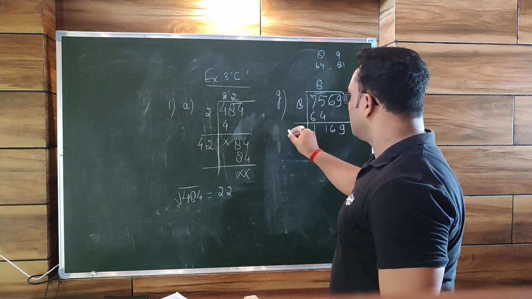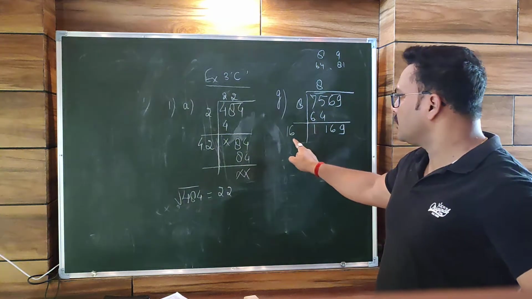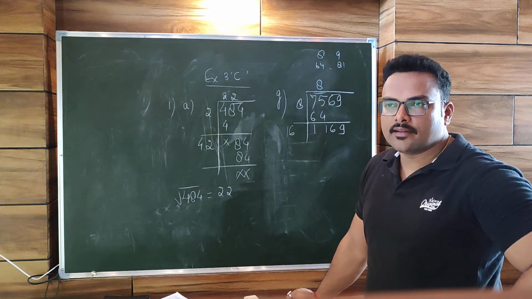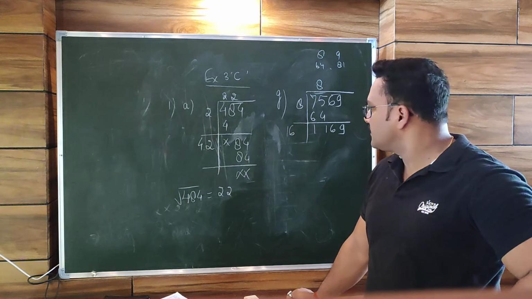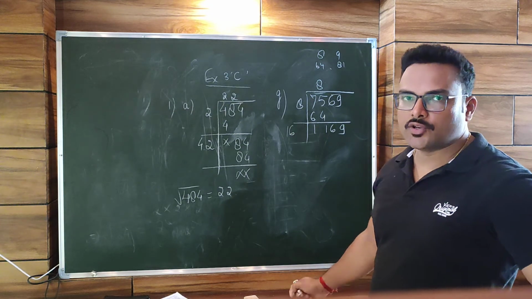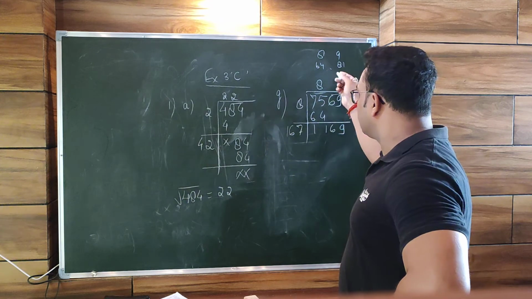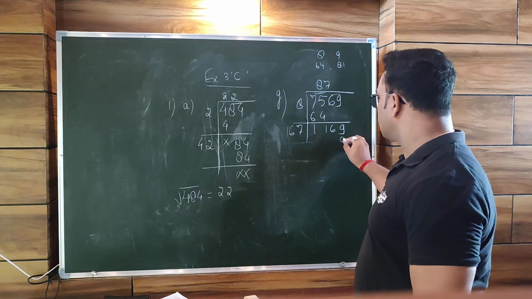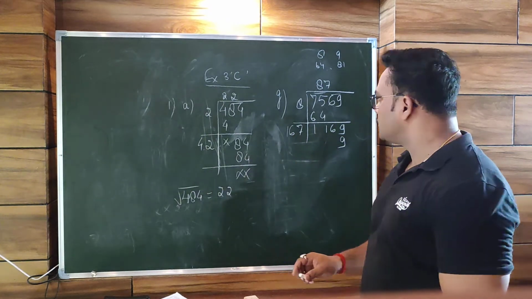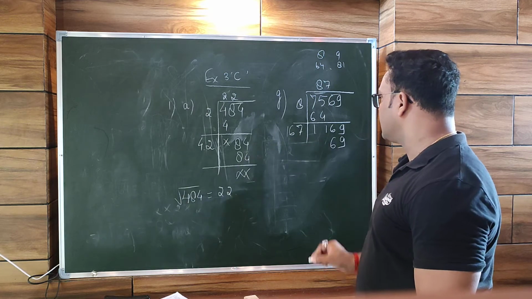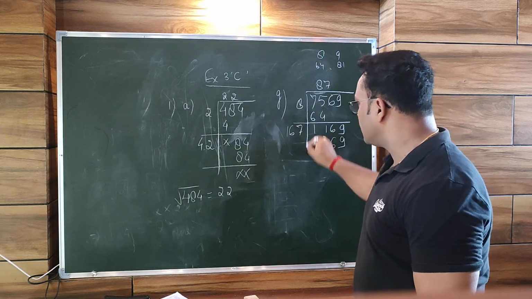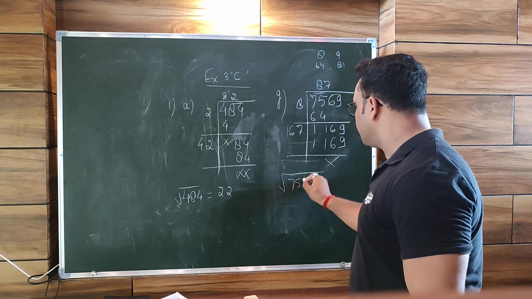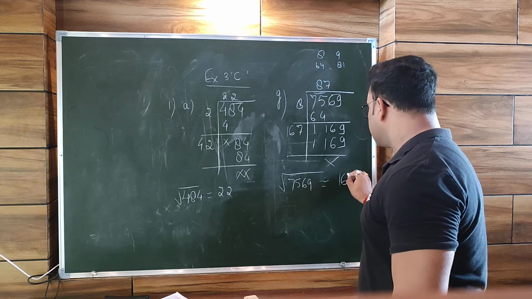1169. So 8 2s are 16, we have to take 16. Now count the table of 16 so that you reach close to 116. 16 6s are 96. 16 7s are 112. So 7 times we have to take. 112 is close to 116. 7 7s are 49. 7 6s are 42, and 4 is 46. 7 and 4, 11. So it is cancelled completely. So root 7569 is equal to 87.